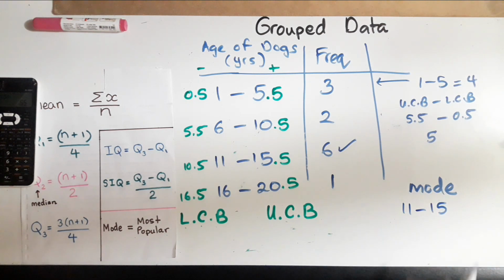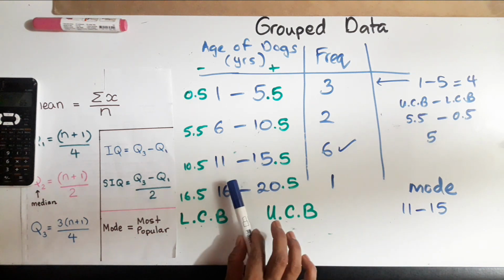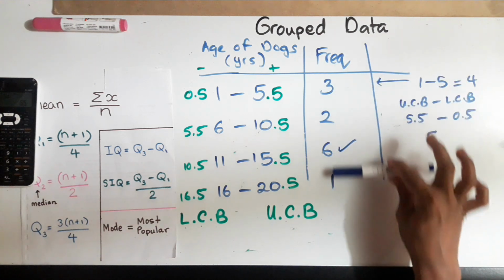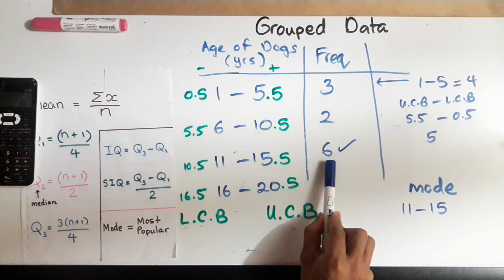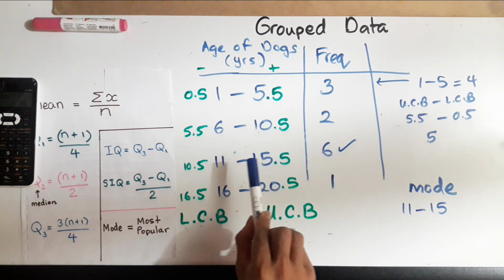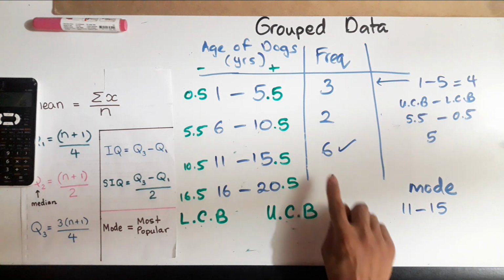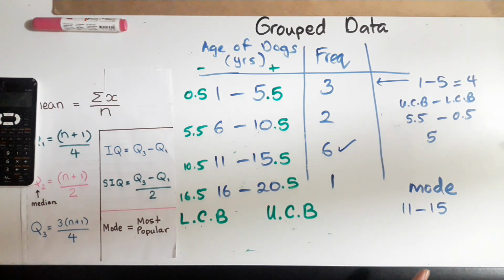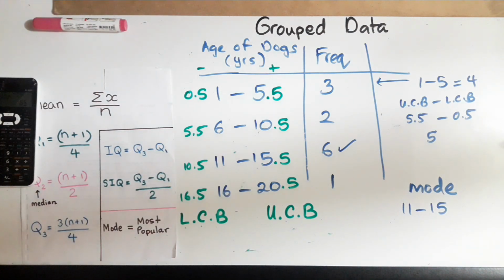And you should see that somewhere between A, B, C, and D. So when they ask you for the modal group or the mode, they're not referring to the actual frequency. They're referring to the biggest frequency and the group represented by that. So don't fall for those simple tricks, because they will put the 6 between A, B, C, and D. They know the kind of tricks students fall for. All right, so those are the kind of questions you're gonna get.